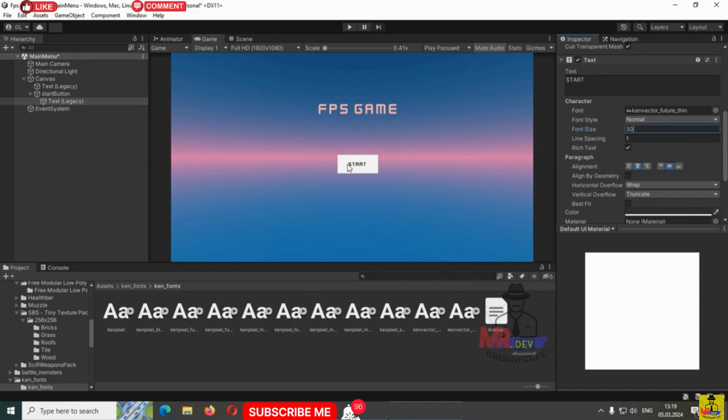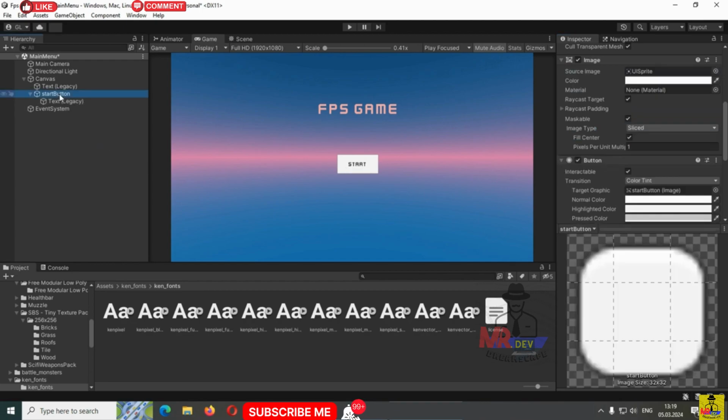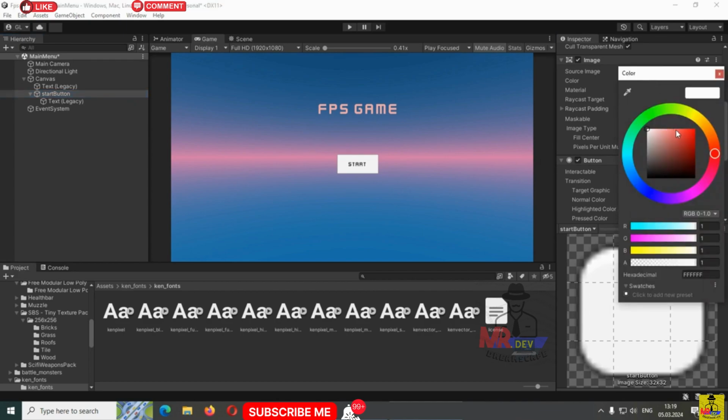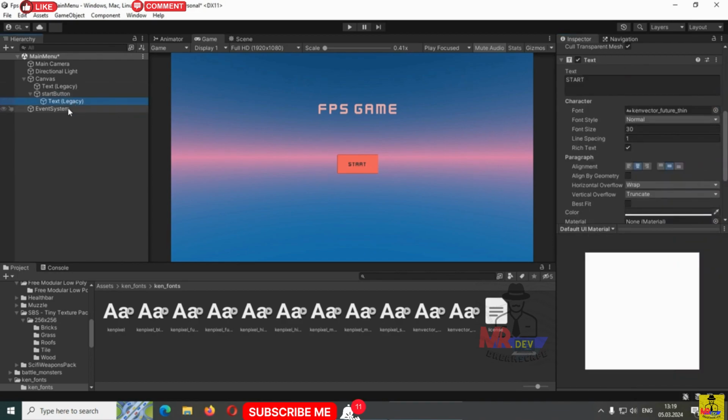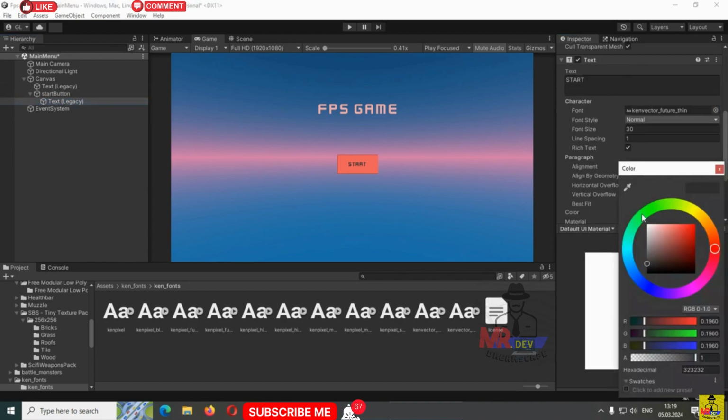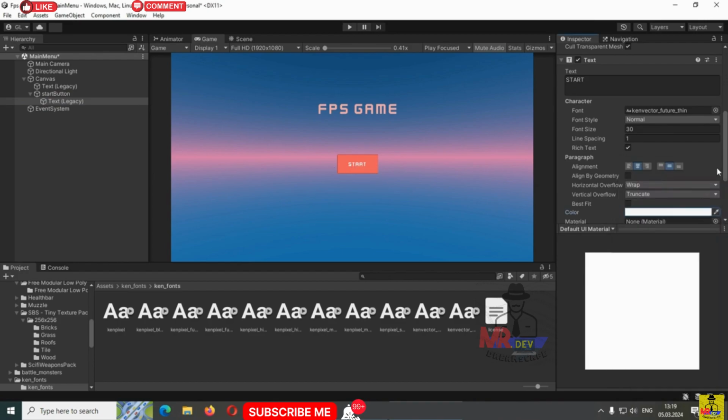And we can also change the color of the button itself. So if we select the button, we have the color, so we can change the color of the button. And we can also change the color of the text. So let's select the text and change the color, for example. And now we have this red button with a white